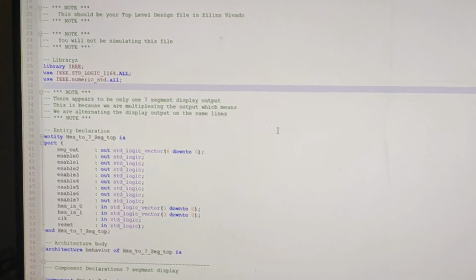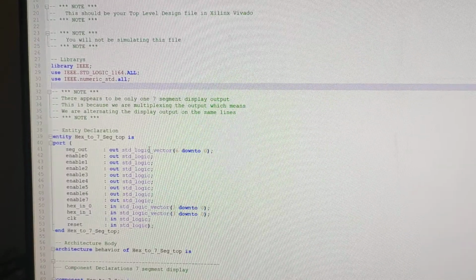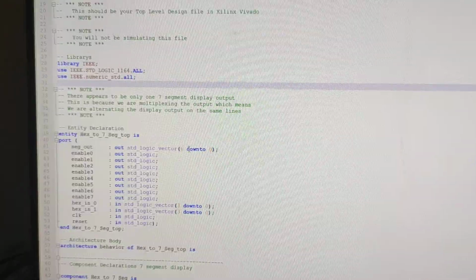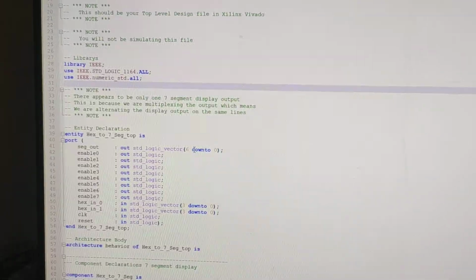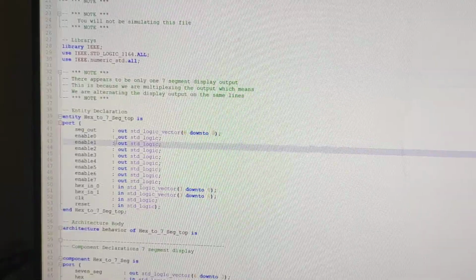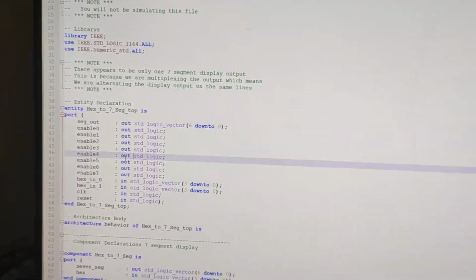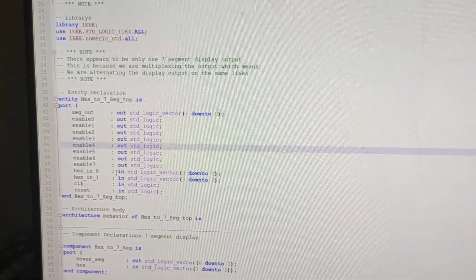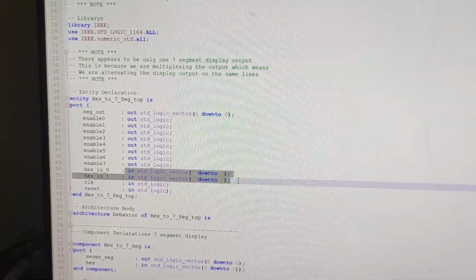Here we have displayed seg out, which we already know is 0 to 6, that is 7 bits to define it. And these are the enables, because these are 0 to 7, that is 8 LED signals on the FPGA board, and we have given two inputs, hex 0 and 1, along with clock and reset.